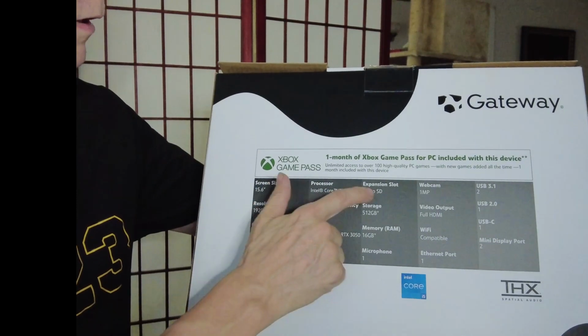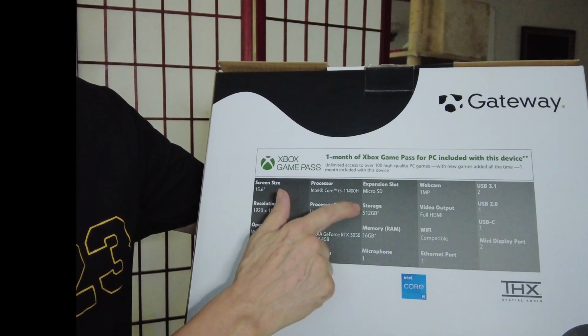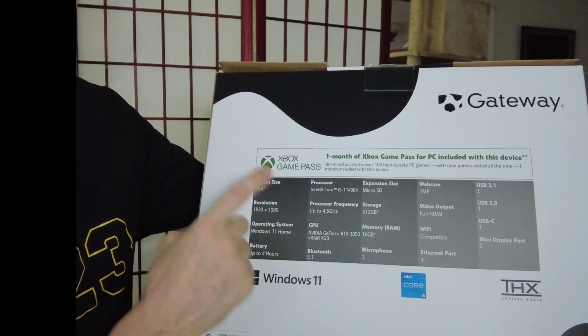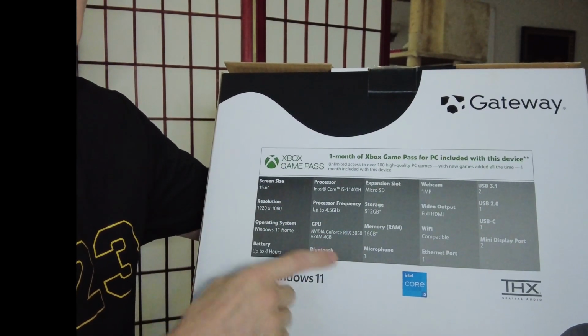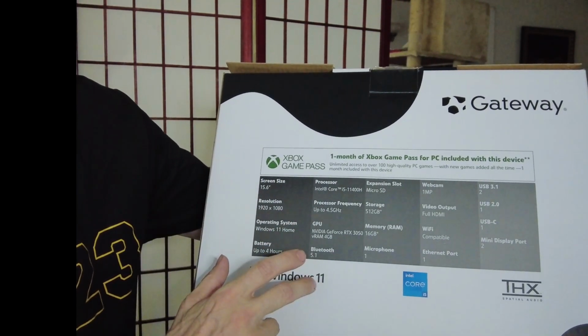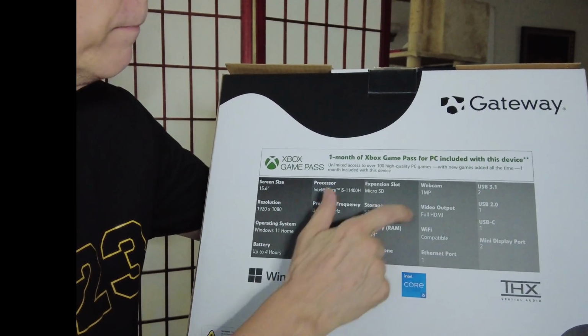Bluetooth 5.1, does have a micro SD slot, 512 gig NVMe SSD drive. That's pretty good for an entry-level laptop. Also, 16 gigs of DDR4 RAM. Most of those entry-level laptops you see, 8 gigs, which is not enough. I'm going to use this for DaVinci Resolve. 8's not going to work. 16 will. Microphone, webcam,